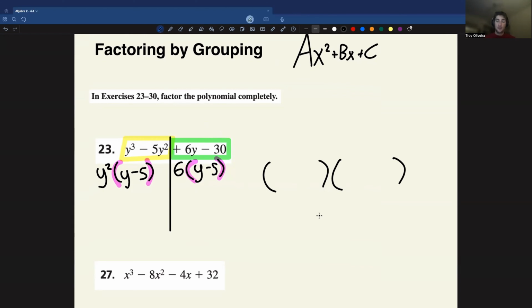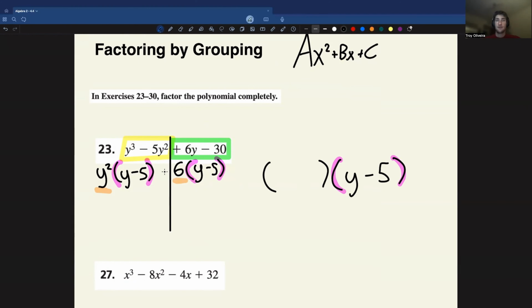But one of those factors is simply just going to be what we have in purple right now. It can either be the first one or the second one, but you never write it down twice. So the whole idea is that it shows up twice. It shows up in each of these, but in our final solution, we only write it down right there. The other factor that we write down is actually coming from what we factored out, as you might be able to guess. So basically this 6 and this y squared get placed together. It's almost like you're combining like terms with the pink